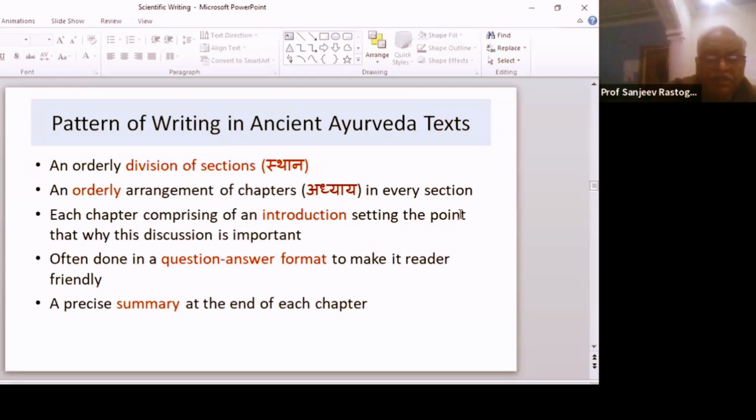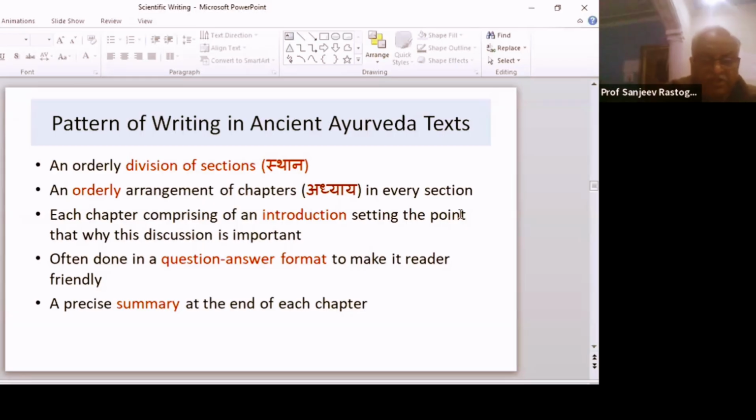And the most beautiful thing is that every chapter is run in a kind of question answer format to make it reader friendly. There are certain questions which have been asked by Agnivesh in Charak Samhita, and these have been answered by the Guru, Atreya Punarvasu. And this whole treatise, whole chapter and whole sthan is formatted in the same way, so that we can understand why this particular aspect of the chapter is important. It is being asked in the form of a question by Agnivesh, and it was replied by his Guru.